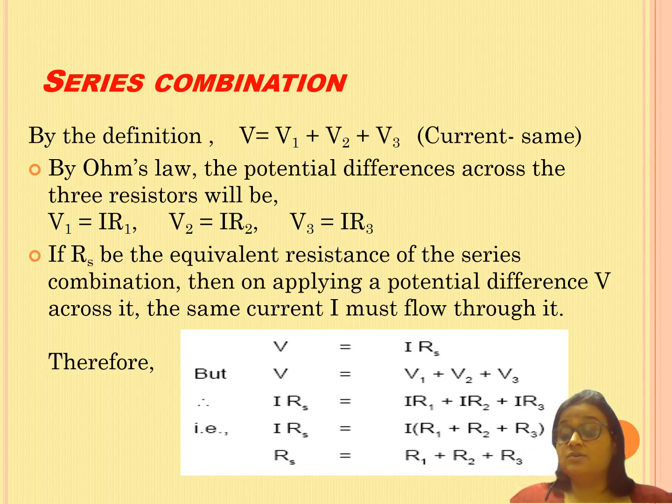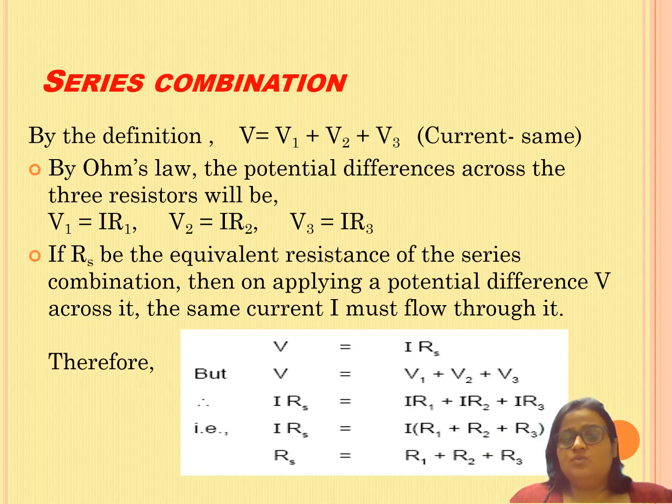So what does Ohm's law say? Ohm's law simply says V equals IR. Now if you want to find V1, V2, and V3 along the resistors in terms of the resistances, V equals IR, so V1 is equal to IR1. Why are we not using I1 here? In V2, we are using V2 equals IR2, not I2, and similarly V3 equals IR3, not I3R3. Why not change the I? Because the current remains the same in series combination. That's why we are not changing it, right?